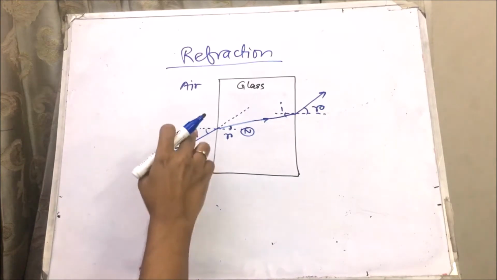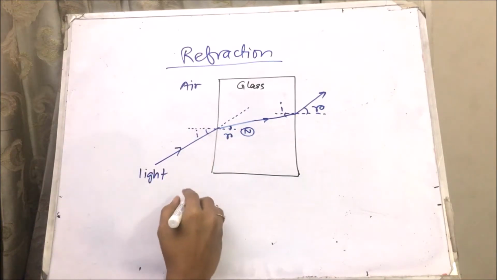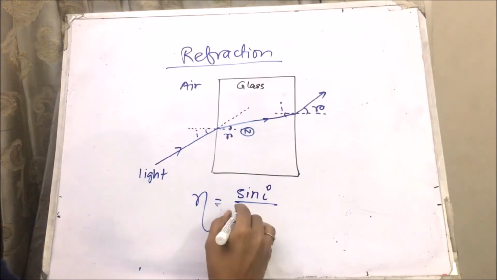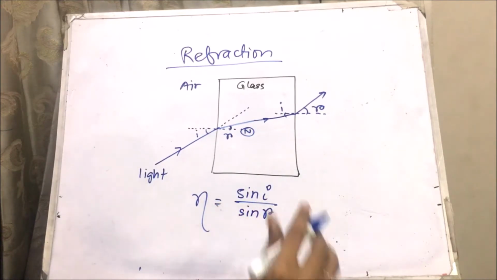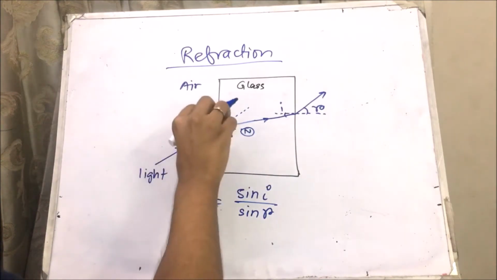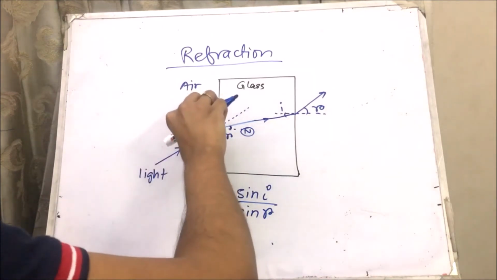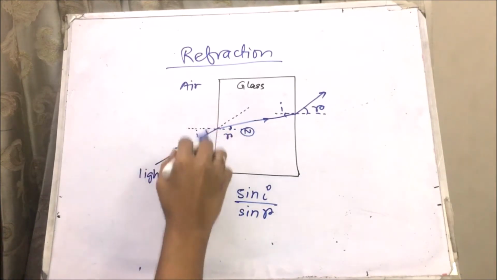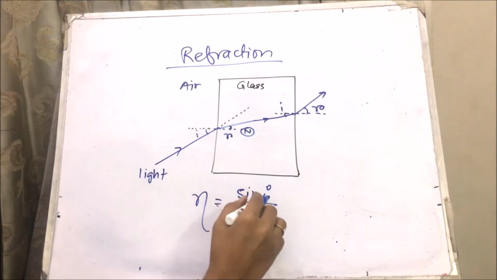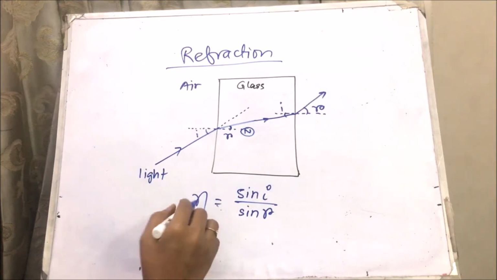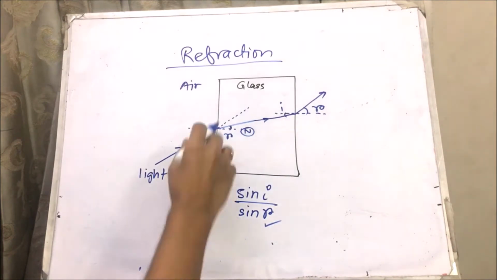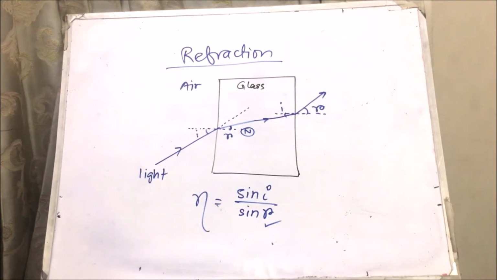There is a formula that connects this angle of incidence and this angle of refraction. The formula is refractive index equals sin I by sin R. For the air glass boundary, when the light is traveling into the glass, there is a particular value of refractive index, and the question will tell you the value of I and the refractive index, and then you have to find the angle of refraction. This is a very common type of math regarding refraction.